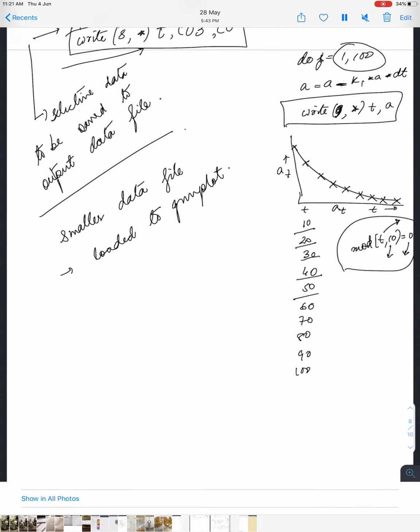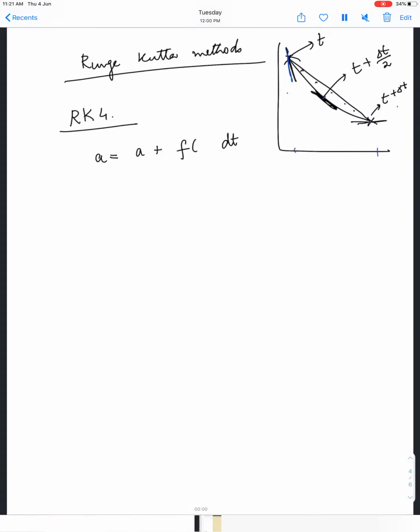All right. So I think with this idea you will be able to carry on your stuff and you should be able to